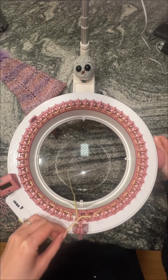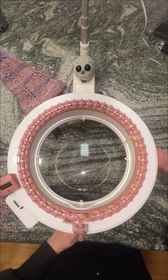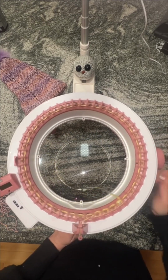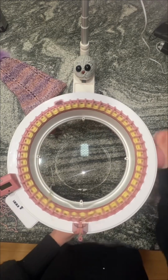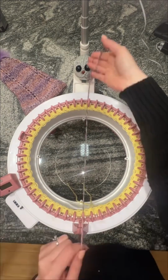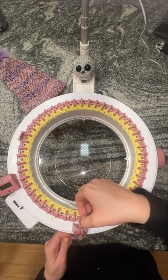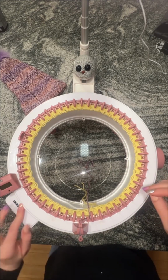So once we get back to our white needle, I put it down all the way into our yarn holder, and I recommend cranking between 7 and 10 rows for our waste yarn. The reason being is at this point, once you get done cranking your rows, what I recommend is to get your corded needles, cast it off, flip it to the knit side, because right now you see the purl side facing up,